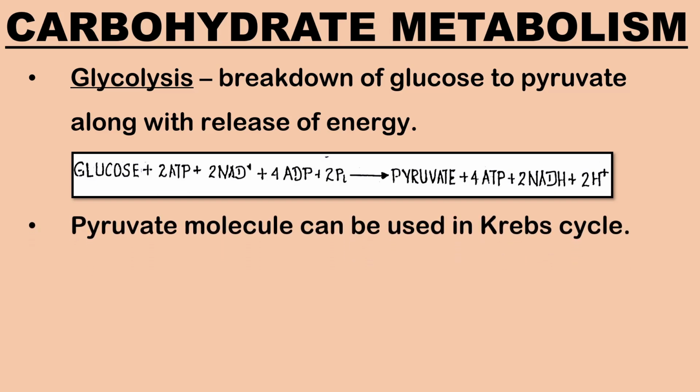Glycolysis generates energy for the cell and forms pyruvate molecules that can be used in the Krebs cycle or may be used later for synthesis of glucose through gluconeogenesis. We have learnt about glycolysis in detail in one of our previous videos. I will leave a link of the video. You can watch the video for complete understanding of glycolysis. Next,